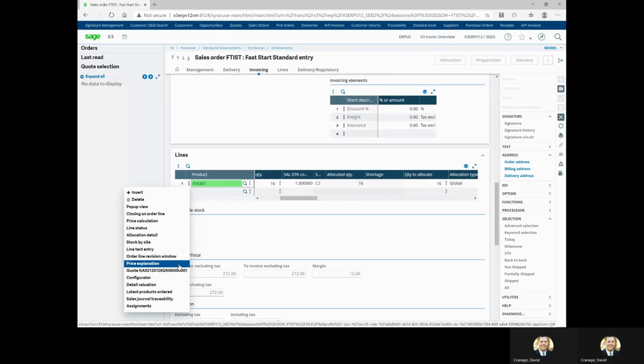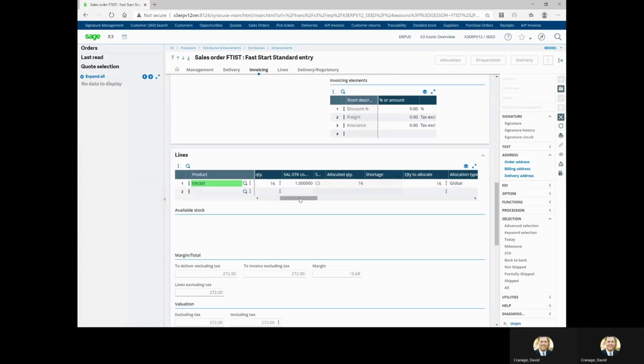We can see that as well. We will access the allocation detail. I'll talk about that in a second. And then we also have the ability to look at line status and where this line is in the business processes. If I scroll over to the quantity to allocate, you'll notice it also has